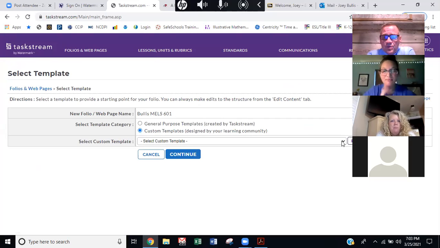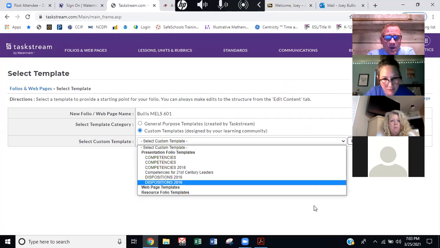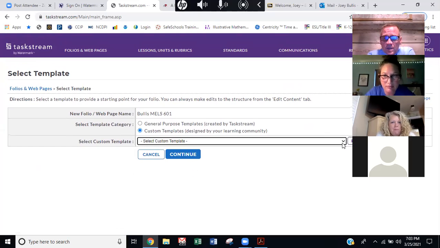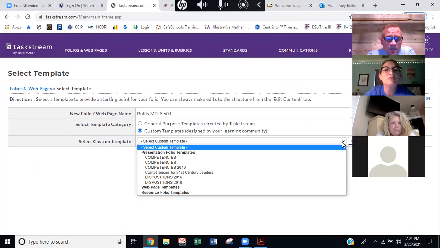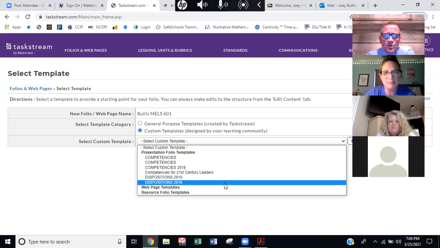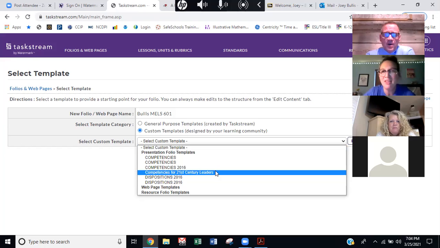And then I should drop down here and on the bottom it should say, it's been so long since I've done this because I just worked off my template. Is it Competencies for 21st Century Leaders? Is that the one that you're not seeing right there? Okay, all right.